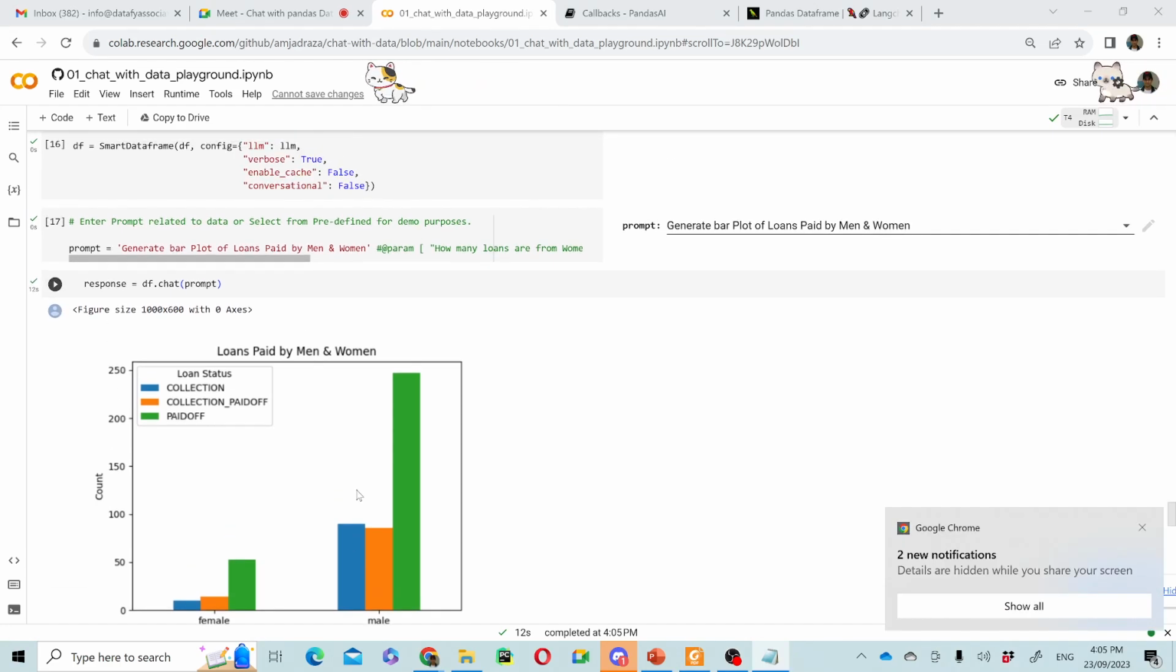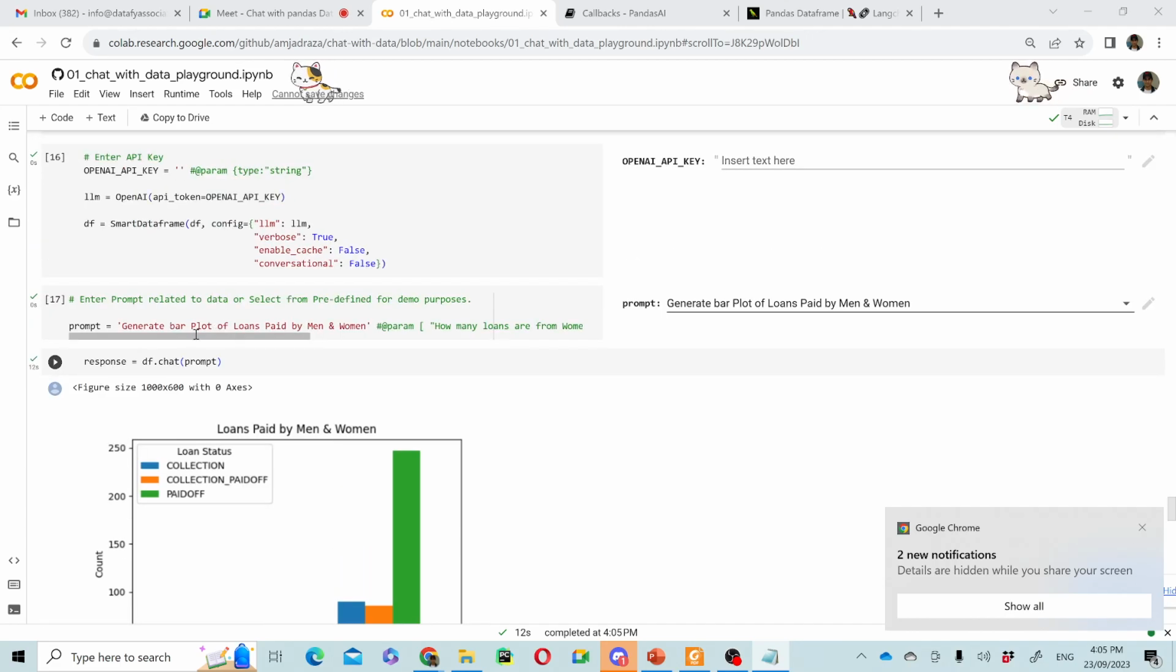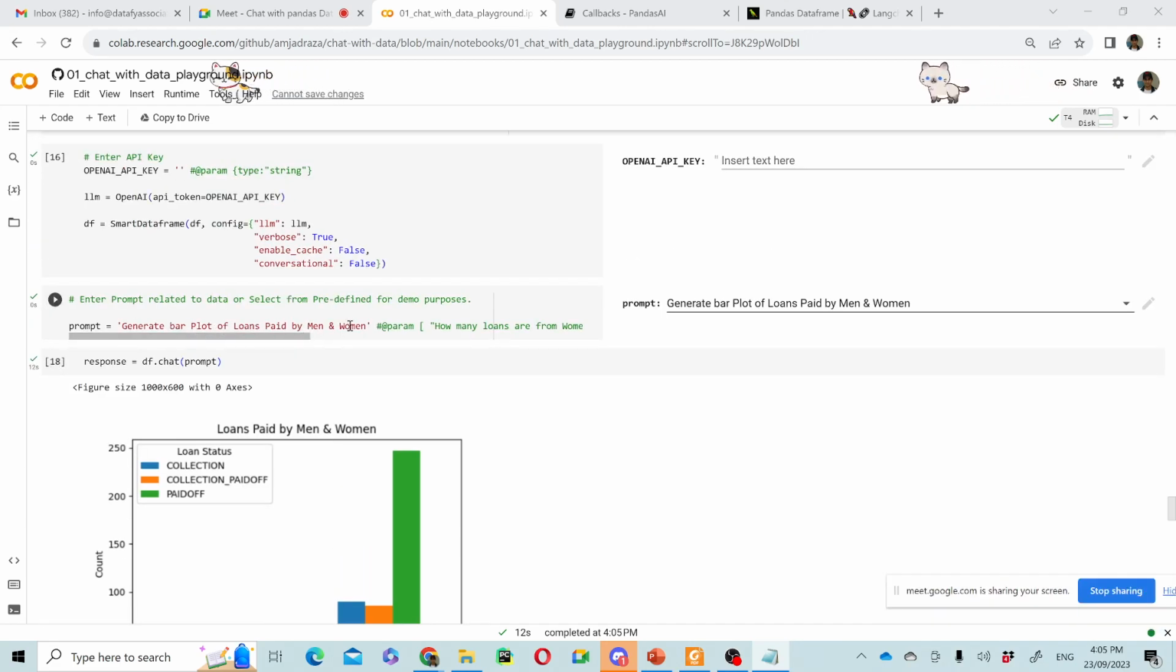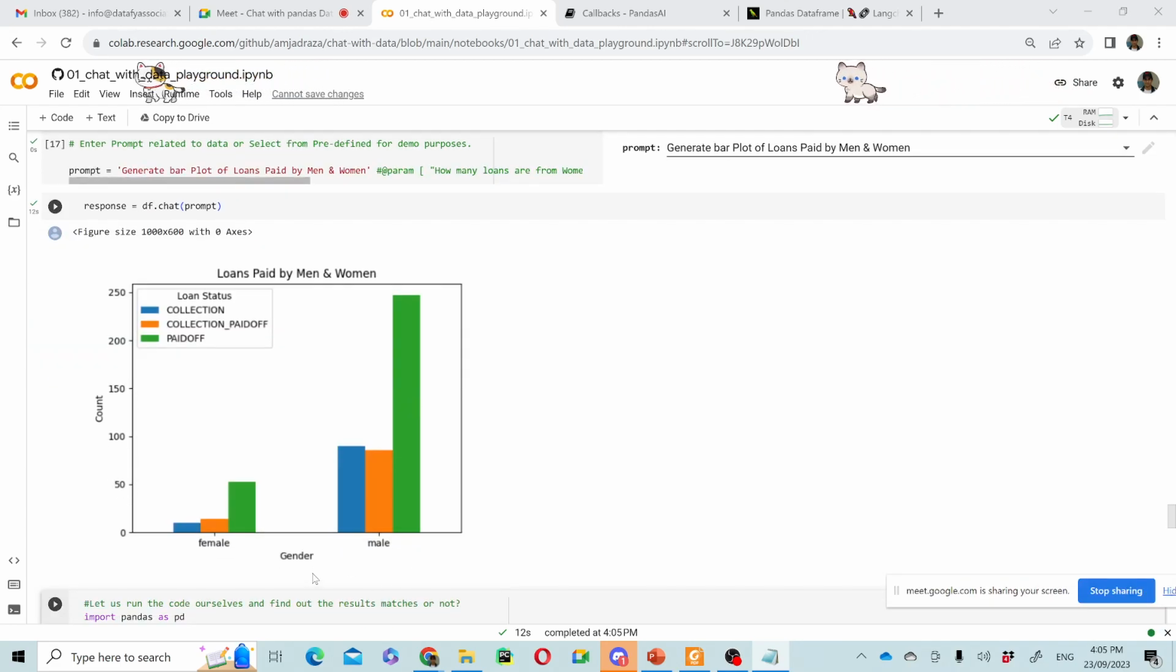Okay, so it's a plot, right? The question is: generate a bar plot of loans paid by men and women. It shows gender, female and male, but our question was loans paid. The greens are the paid off, and blue are the collection, and the other collection paid off. We asked only for these green lines, from my understanding, but it added this information as well because it